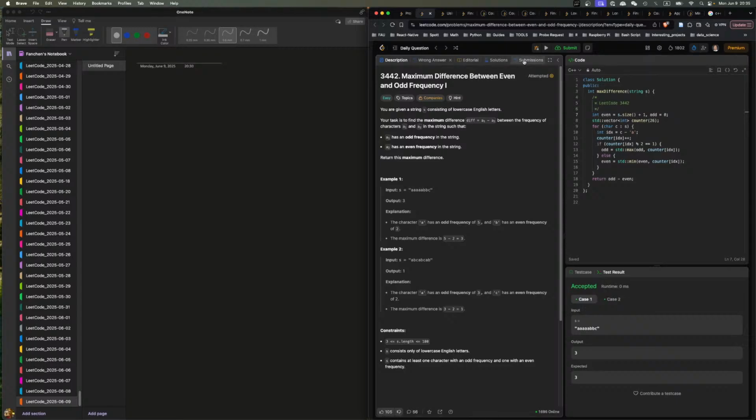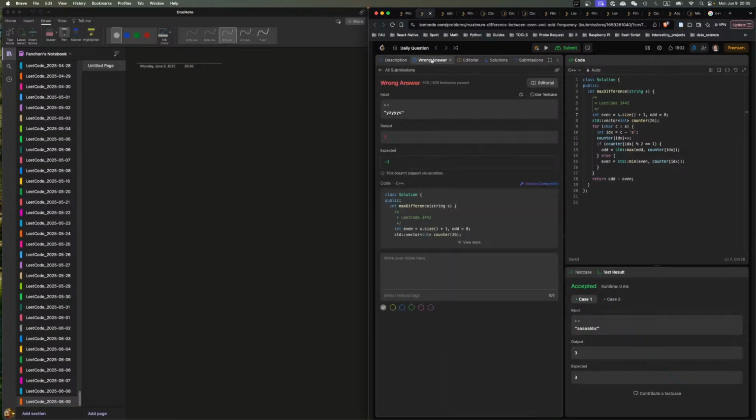Maximum difference. Four, and then 1. How did you get to 1 anyway? Odd is 1. Even is